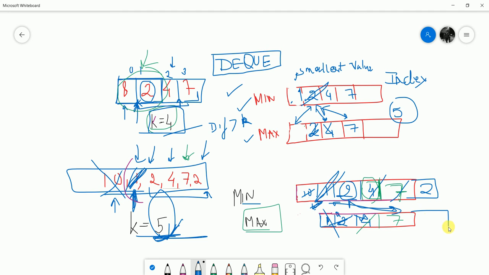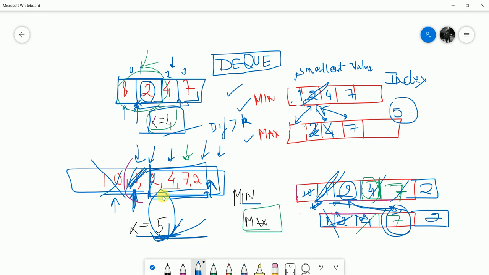In this case, we'll simply add it to the back of the array because we have the greatest element at the start. Then we compare 2 and 7, and the value is within the range of k. So we have finally iterated over the array, and we get the maximum window size as 4 in this case.